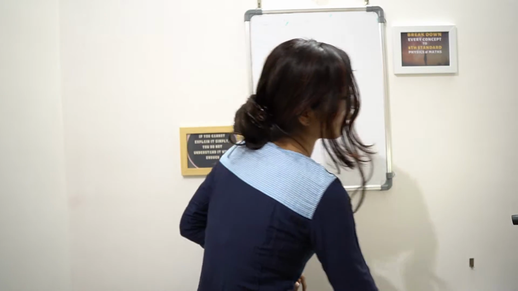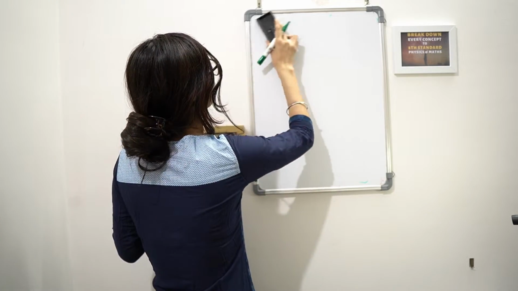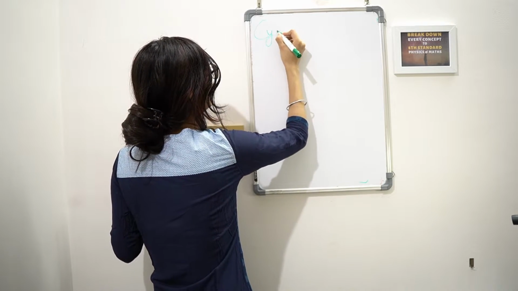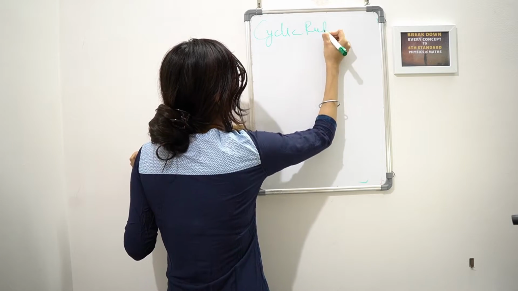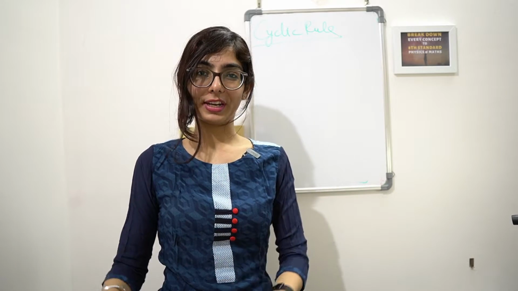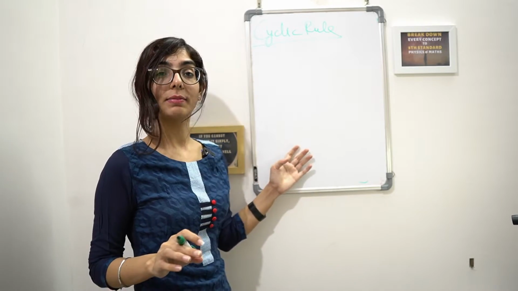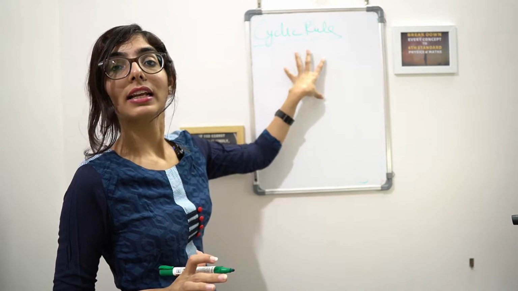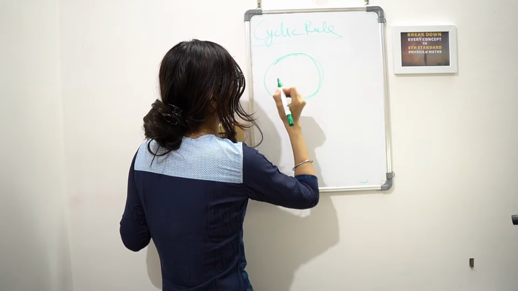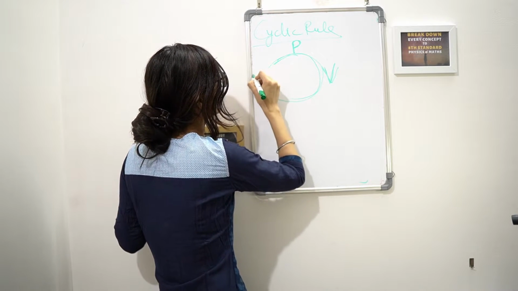No, we'll be doing it afterwards, after the cyclic rule. So first let's discuss the cyclic rule. So you all must know what the cyclic rule is. Guys, this is a rule which gives a relation between different thermodynamic variables as P, V, T. These three are the variables, and what we do in this cyclic rule is we take one circle. We take one circle and we'll be writing P here, we will be writing V here, and we'll be writing T here.